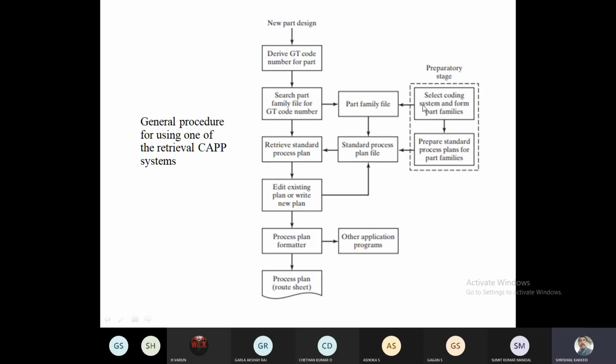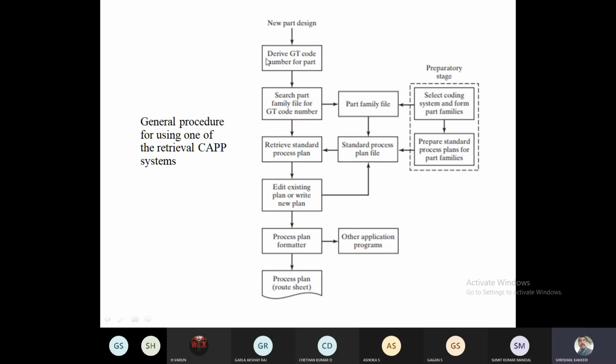So there are 3 important families. One is a turning operation family, another is a threading operation family, and another is a key slot operation family. So the standard process plan has to be clearly mentioned for the part families.